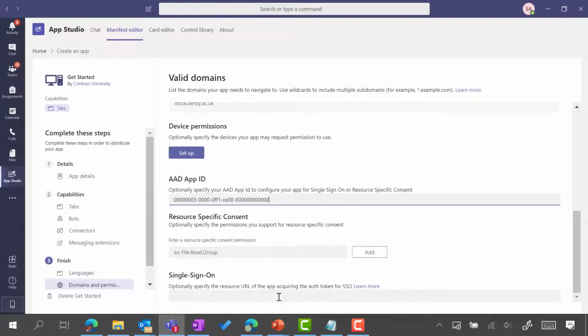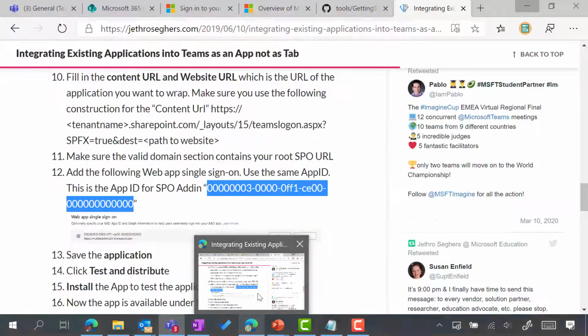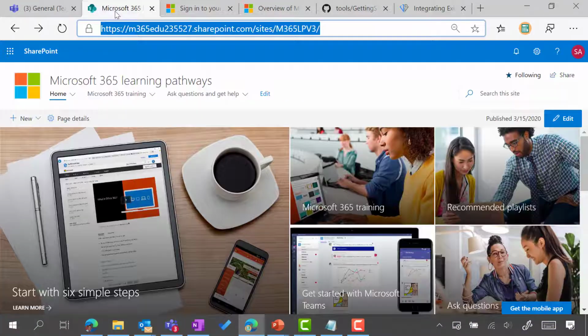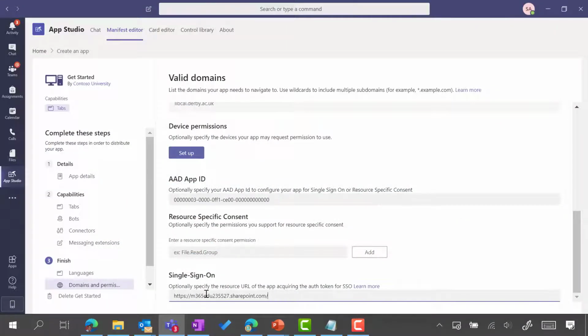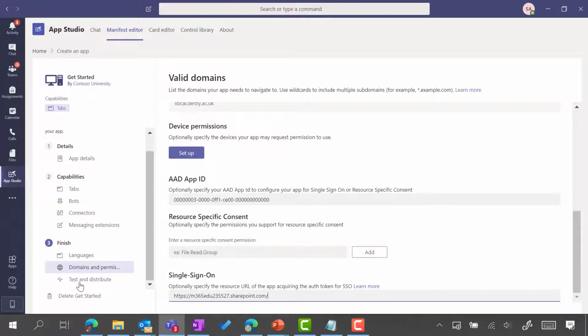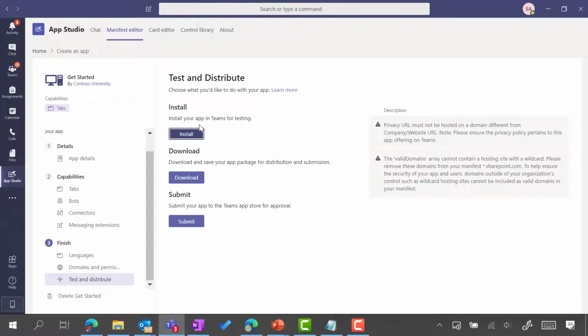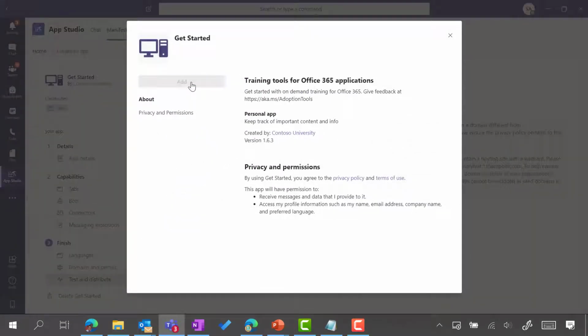Now this is the URL to your SharePoint site. So I'm just going to head back over, copy the URL pathway, and paste that one in there. And now we're going to do test and distribute. Clicking on Install, Add,